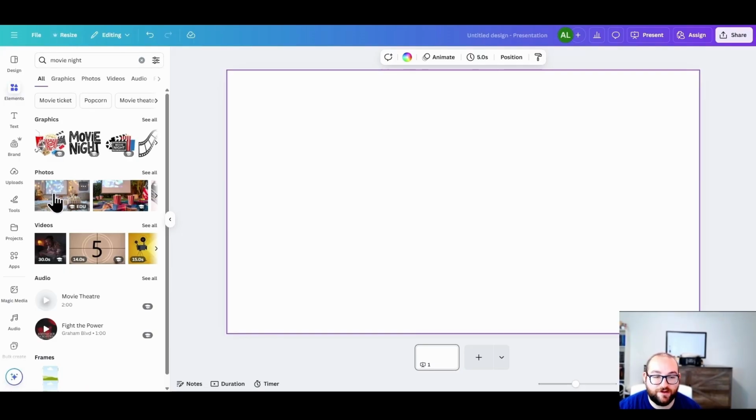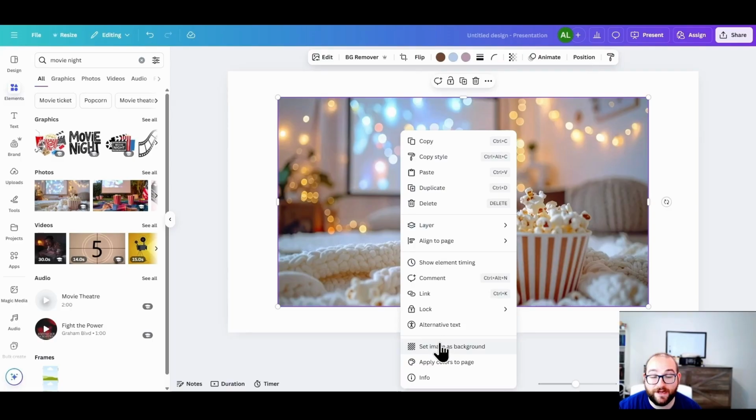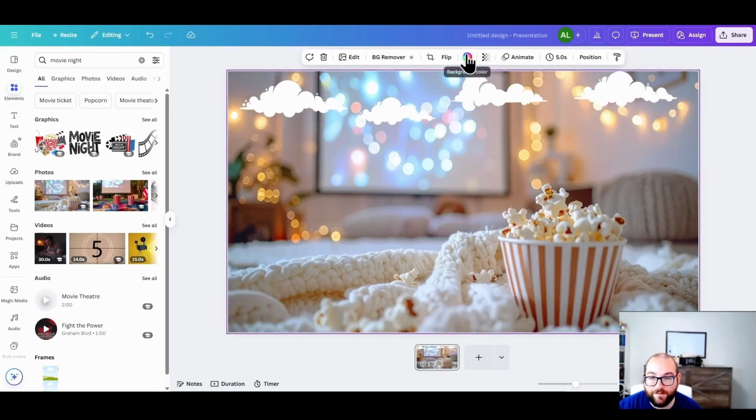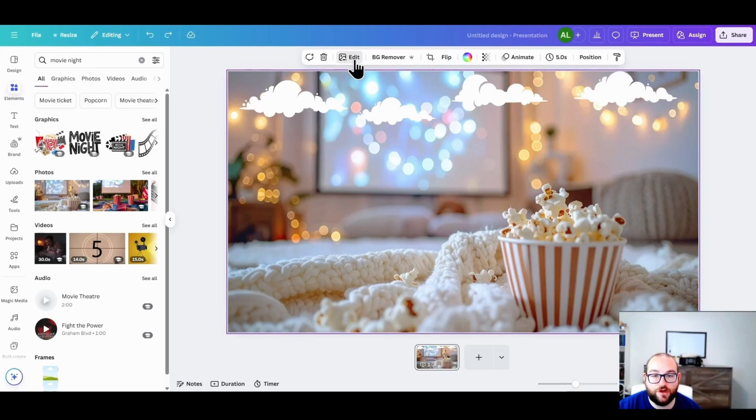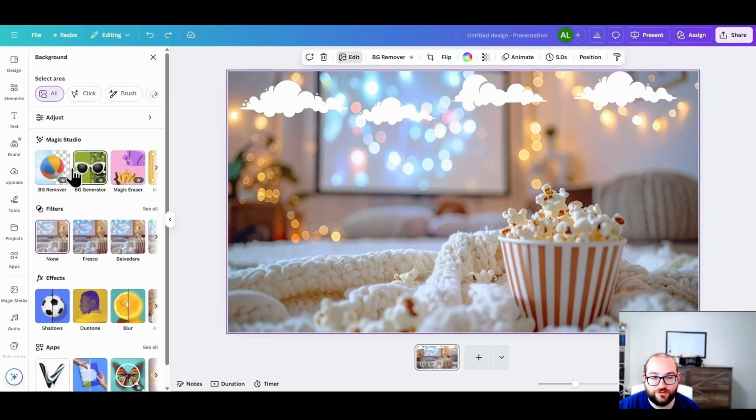I can come over here and I can add a photo of my movie night. The photos, however, some things are editable. The majority of it is not, unless you go to the edit tool and you choose something from Magic Studio. I have a tutorial on Magic Studio, so if you want to go take a look at that, make sure you click up at the cards again, and it'll go through everything that Magic Studio has to offer, and it's